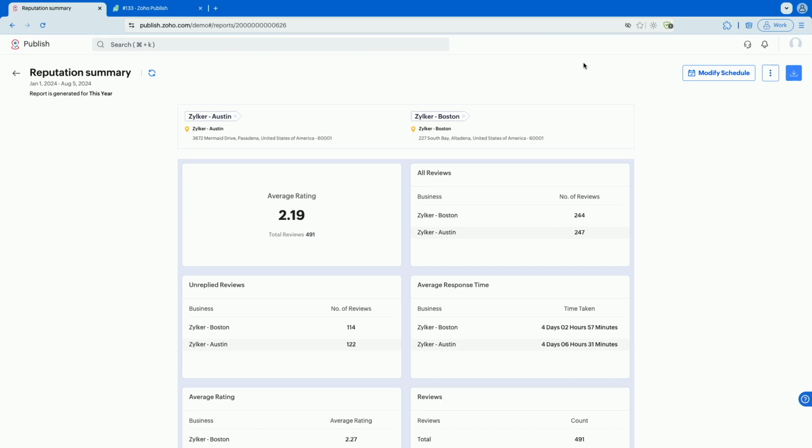One note about this integration: you can convert reviews into a ticketing system and manage it from Zoho Desk. Why do we do that? Because you allocate your representative or an agent to respond to those reviews, right? So they'll be notified of the negative reviews on Google Business Profile. Once they respond to that ticket, I mean, Google reviews on Zoho Desk, it will automatically update on Google Maps with the help of Zoho Publish. It's a powerful integration. I call it a contextual integration between Zoho Publish and Zoho Desk.